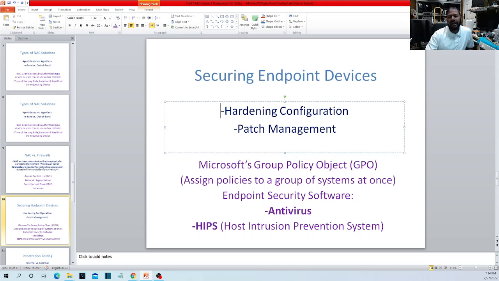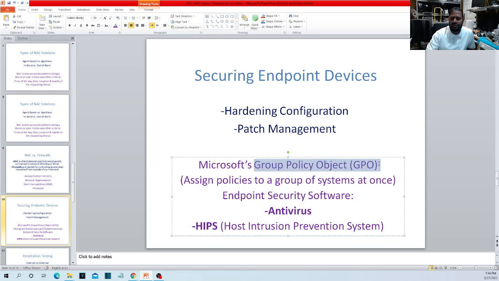Microsoft Group Policy Object, or GPO. This GPO is a very useful thing. Instead of configuring each machine separately, each of the server machines and each of the workstations, you just create a group policy and configure at one time that this will be the configuration. Then you apply that configuration to a large number of computers. So it really helps. The Microsoft operating system has this feature called Group Policy Object, GPO.